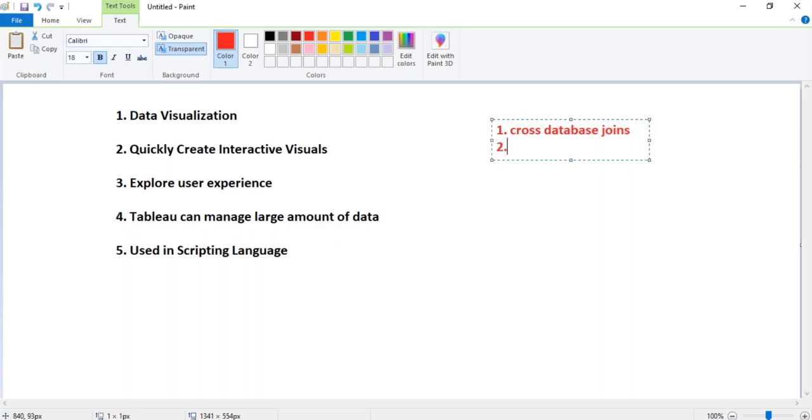Cross database joins: whether your data resides in Excel or Oracle, whatever the database, you can comfortably join them in Tableau software and generate an integrated data source.